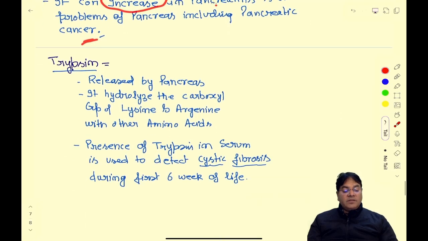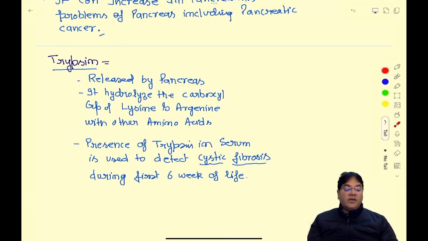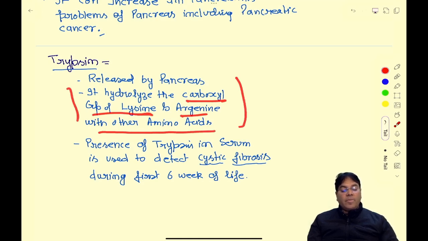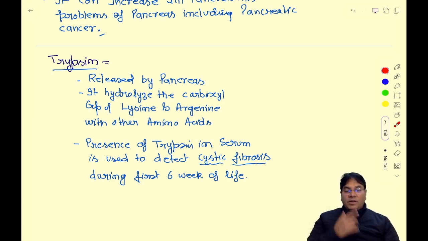The last enzyme which is here is trypsin. It is released by the pancreas. This enzyme hydrolyzes the carboxyl group of lysine and arginine with other amino acids. That is its physiological role. Now, presence of trypsin in serum is a sign of cystic fibrosis in the first 6 weeks of life, and then later on it becomes normal. Now, this is all about the different enzymes which are used as markers for pancreatic disease. So, let me recollect what